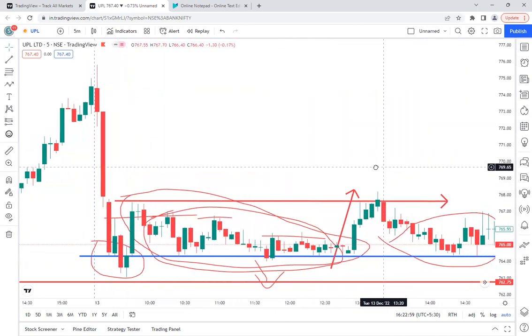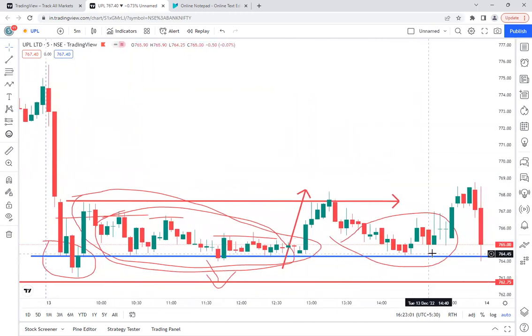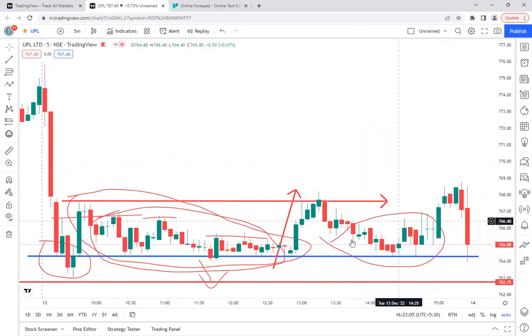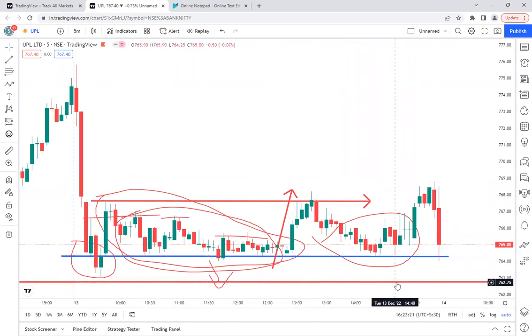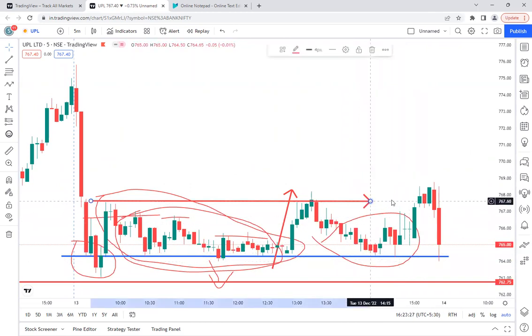But even after coming down here, they again took the support at the same level. So generally what happens in this particular zone, what we feel: the sellers are already there, the buyers entered, manipulators mainly entered, they killed all the sellers, and again the price is coming down. So at least this time, the sellers will be successful in bringing the price to that red line, around the 762 level. But again and again they killed here also.